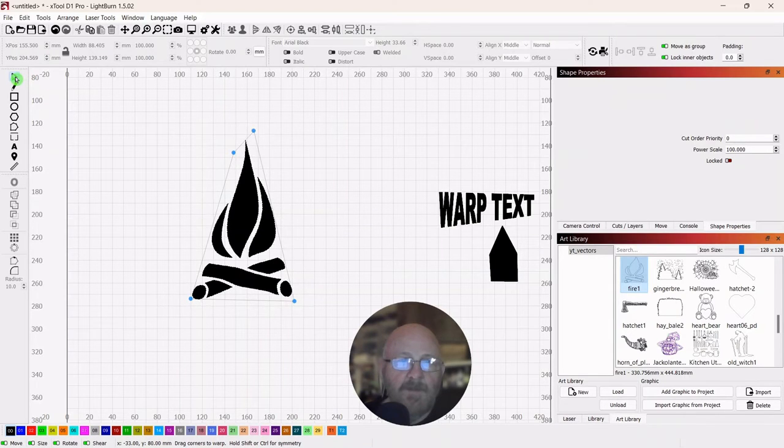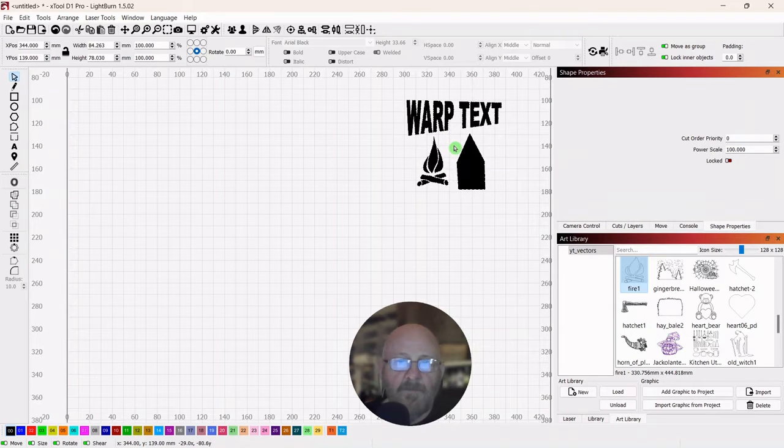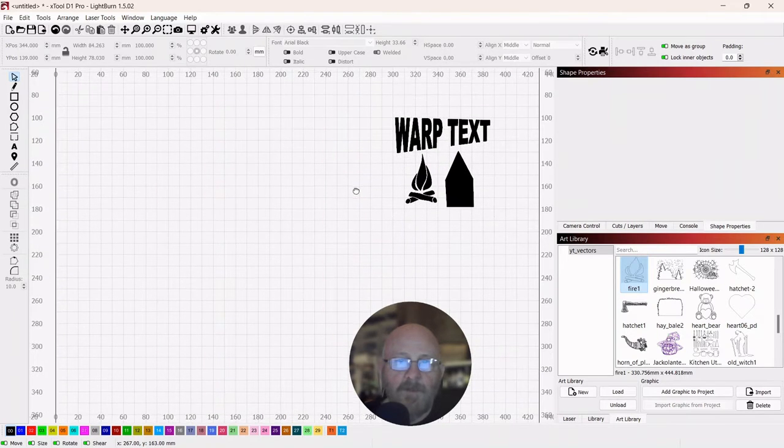Alright, click in the selector tool. I'll make this small and get it out of the way. Move this up to the top. So a quick point on selecting